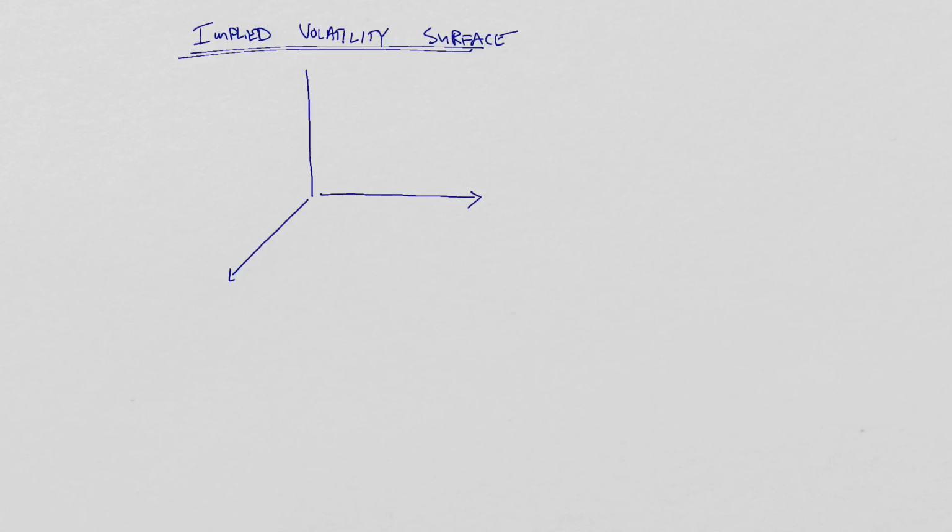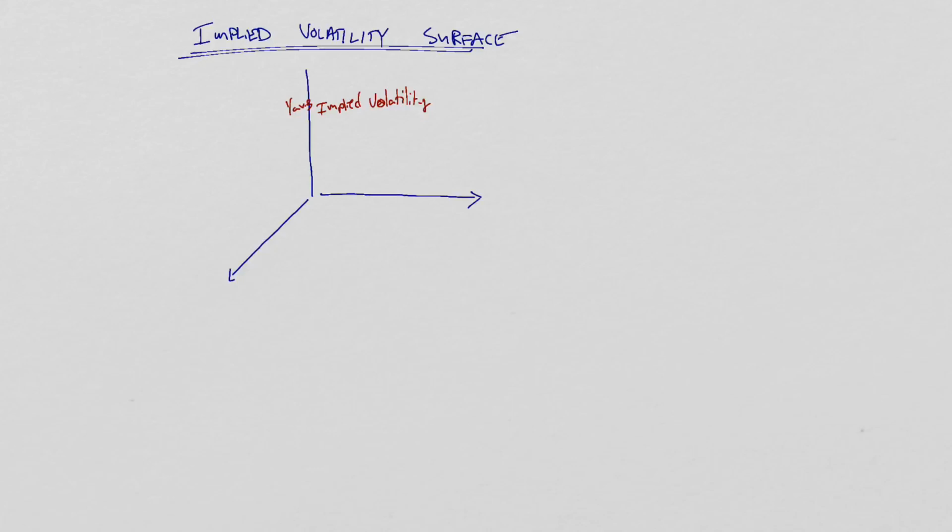And one way to look at that standardized measure of pricing across all these different options for a single security is called an implied volatility surface. What this does is plot the implied volatility on the y-axis, the vertical here,